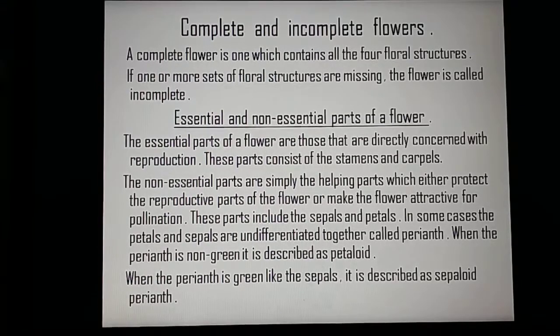And one more part is there, that is bracts. When the flower arises in the axil of a leaf-like structure, this structure is known as bract. Bract may be green like ordinary leaves, or at times they are colored. The large and colorful bract of a flower is easily mistaken for petal. The actual flower in this case may be small, somewhat cylindrical and attached to the inner side of the bract.